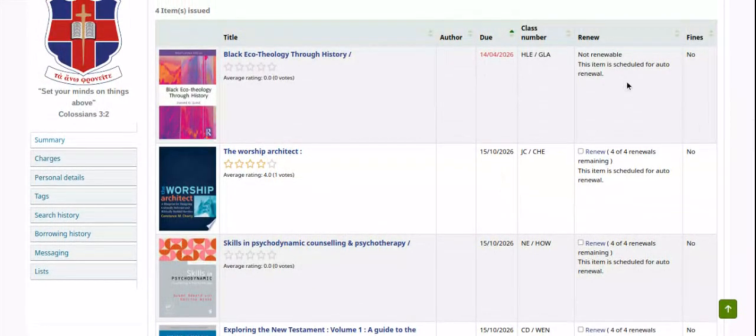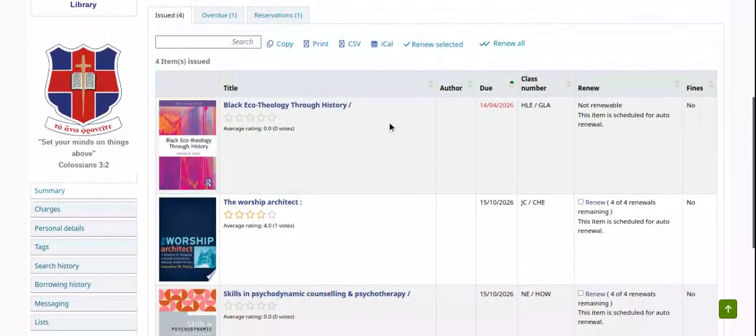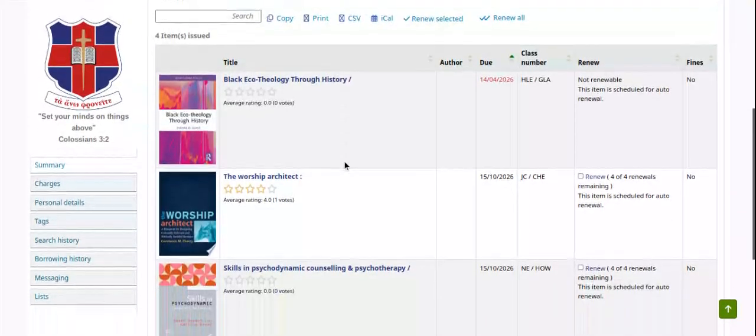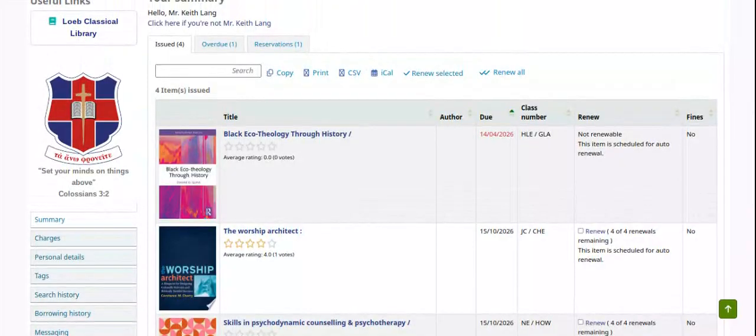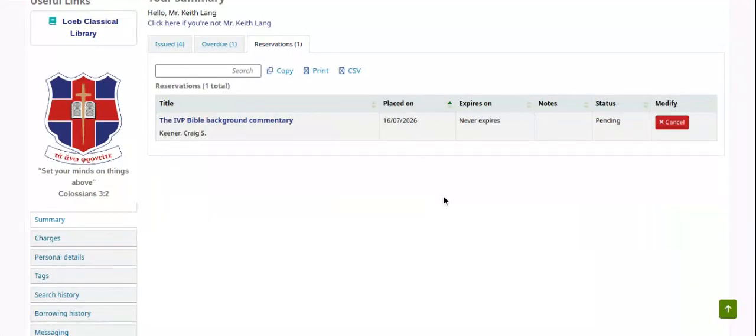But on the right-hand side, you can see 4 of 4 renewals remaining. This is scheduled for auto-renewal because we have auto-renewal here. But you can tell exactly how many renewals you've got left and therefore deduce when you will have to bring it back. Overdues, it's got a separate tab for that, shows me my overdue books, and reservations, it shows me